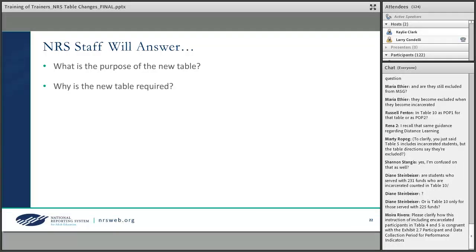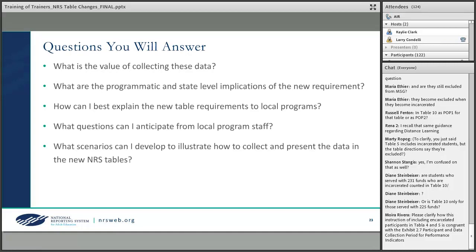So let me move right into them. There are a couple of new tables. Next slide here. What I'm going to do is just explain the purpose of the table and why it's required. And you may want to explain, we're going to ask you to do a little of this, and it's particularly